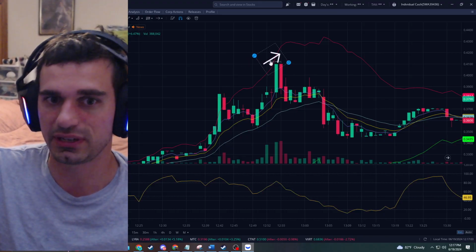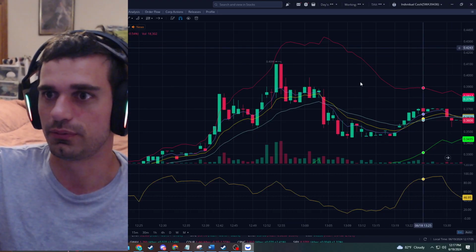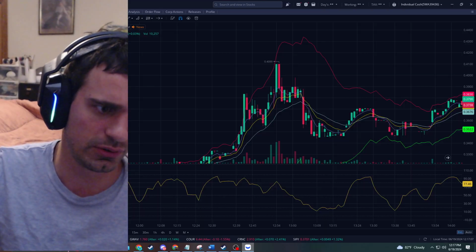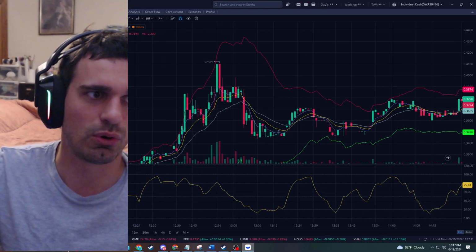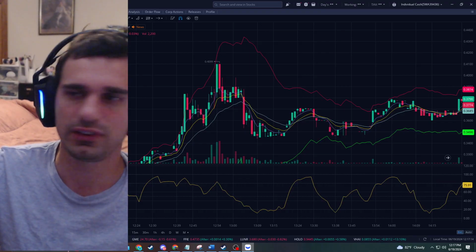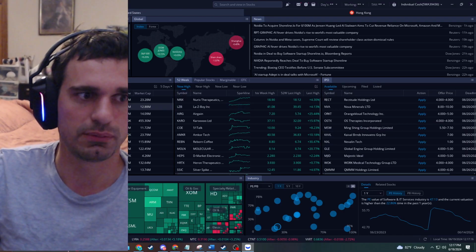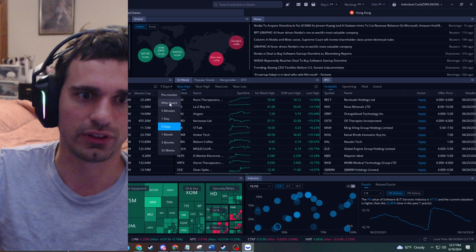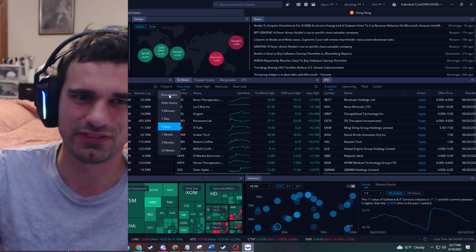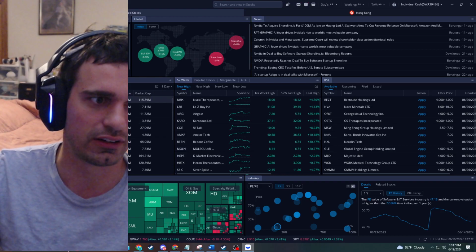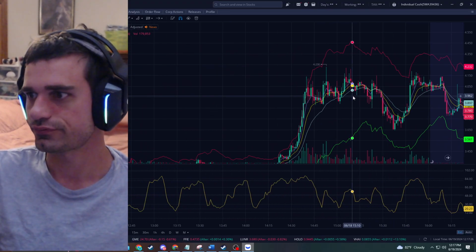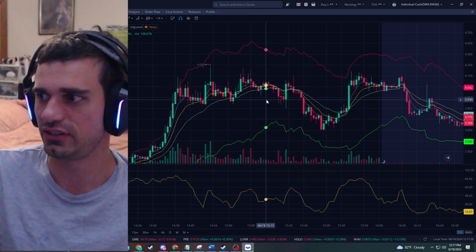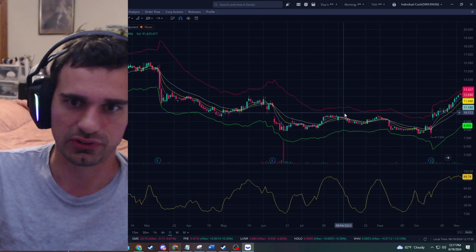This was not a shorting because it did not hit the upper band. So that was a nice one there too. And that's about it. I really just wanted to go over too on where I'm looking for these stocks on Webull. I really do like to look for the top gainers. You can find that on any scanner, right? Top gainers. And if you go to the top gainers, like this is CMTL, and you will see